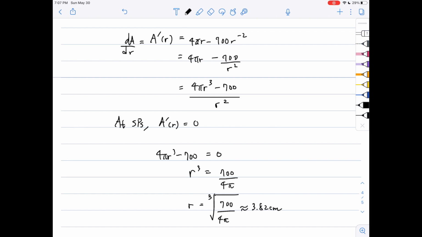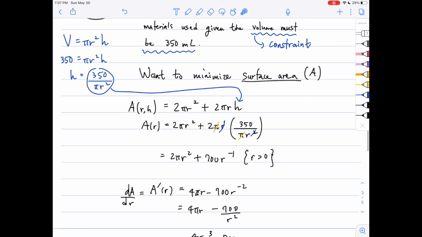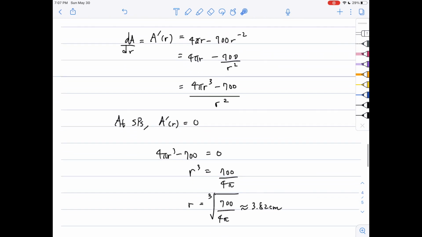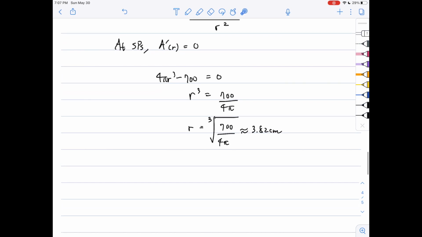Okay, so you have a radius value, and oftentimes people kind of stop here. They see this radius value and they're like, oh, well, I have my radius. I can just take this radius, plug it back into my relationship between h and r, find height, and I'm done. But that's not the right approach here, because this radius, so I'm just going to draw you an example